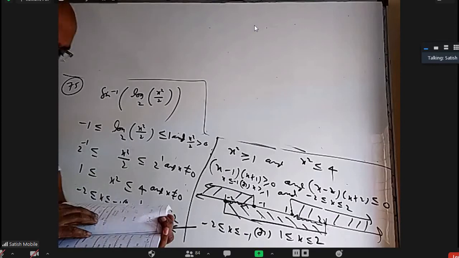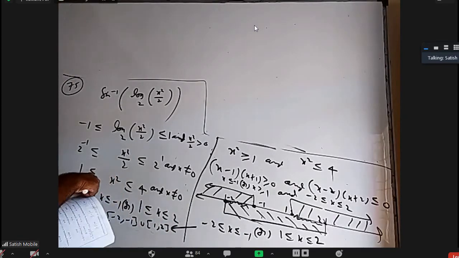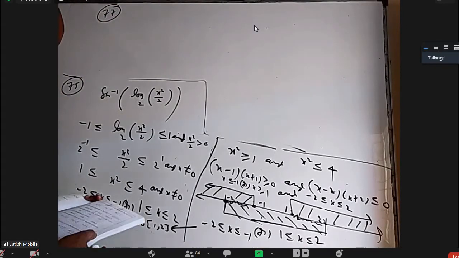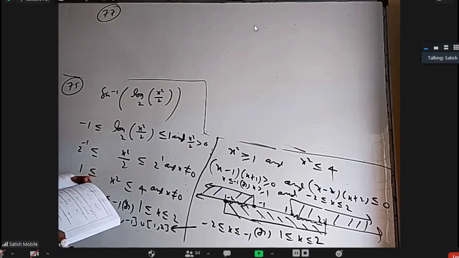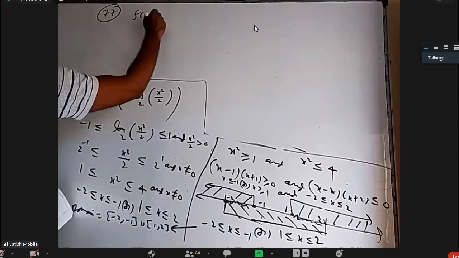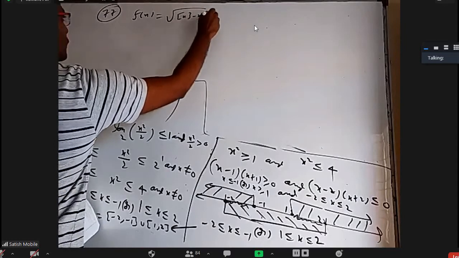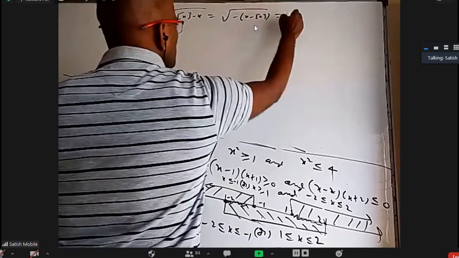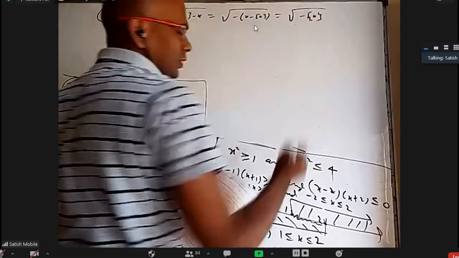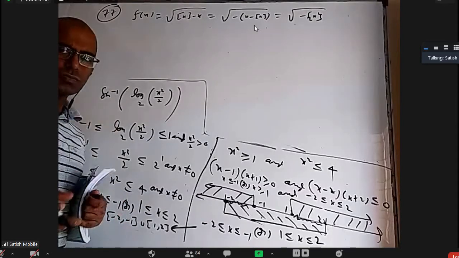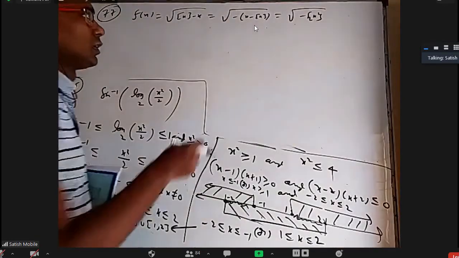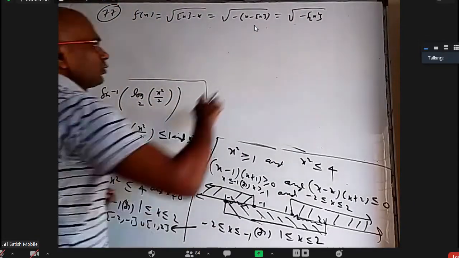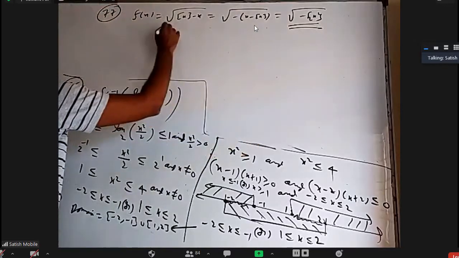Okay, with sine inverse we are done. Now it is about the greatest integer function. 77. Square root of integer part of x minus x. It is actually minus of x minus integer part of x, which is minus of fractional part of x. Yesterday we studied fractional part of x is always between 0 to 1. So minus of that will always be negative, not defined unless it is 0. From this, you can easily understand what is happening, or we can even do it from here.